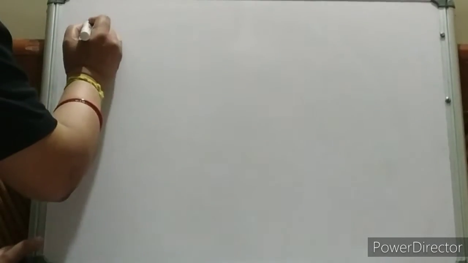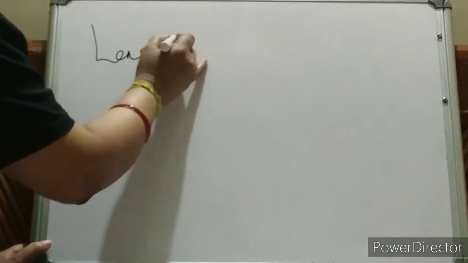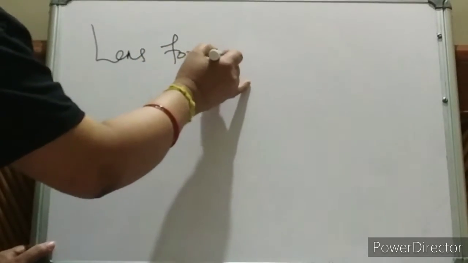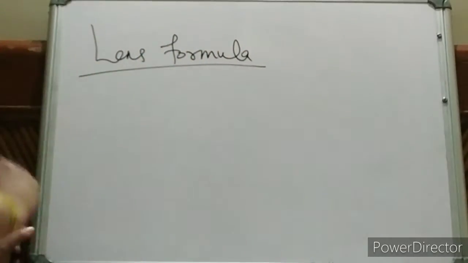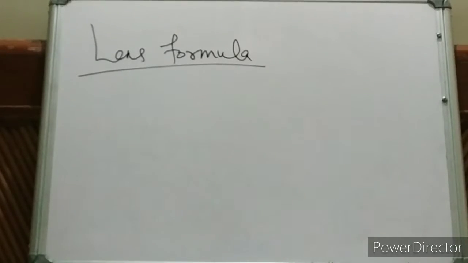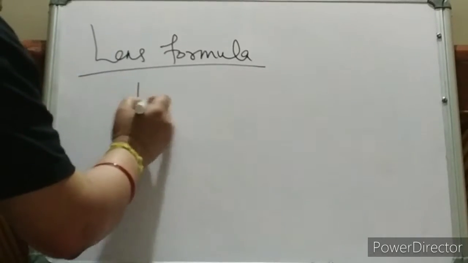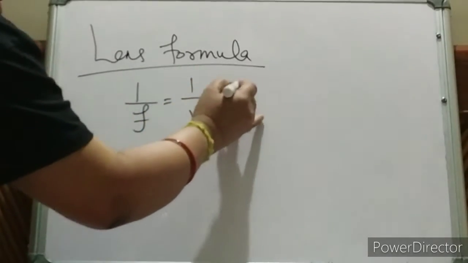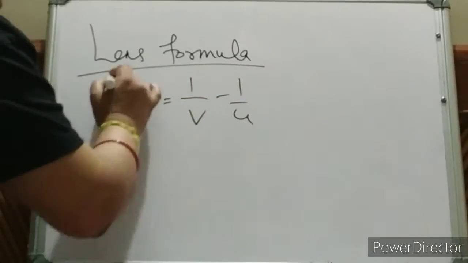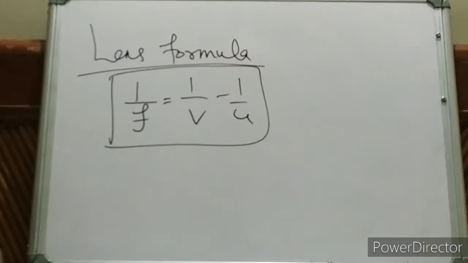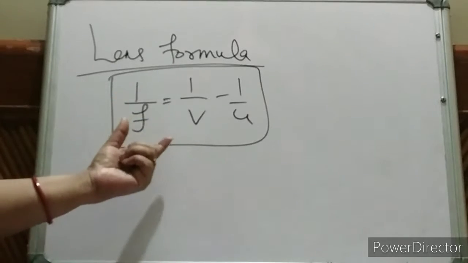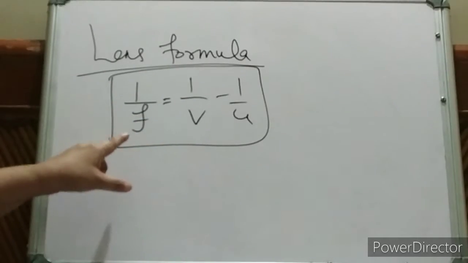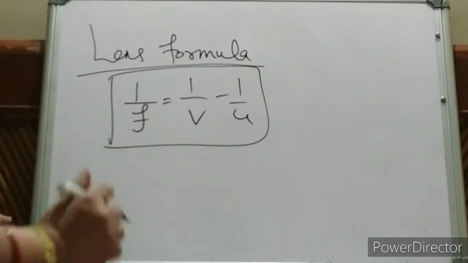Today we are going to start with the lens formula, or you can say the lens maker formula. What is this lens formula? The lens formula is 1 by f is equal to 1 by v minus 1 by u. Just as we studied the mirror formula, in the same way we have the lens formula. This equation gives the relation between your focal length,